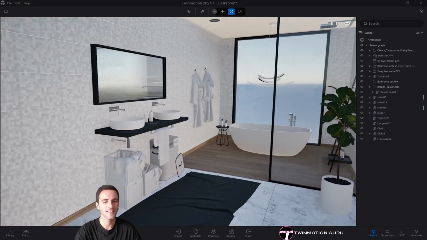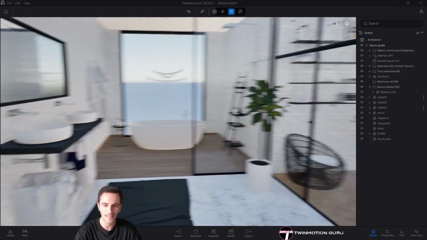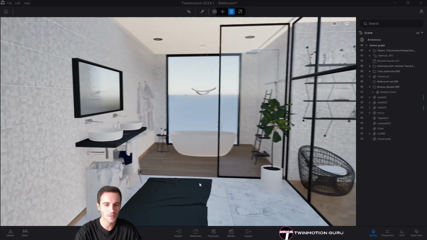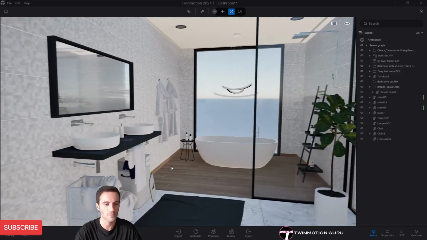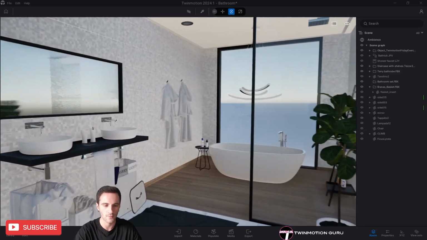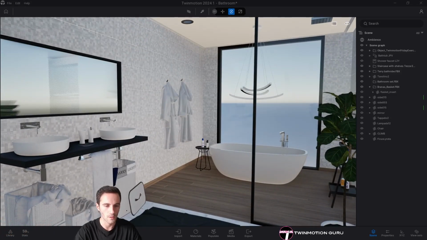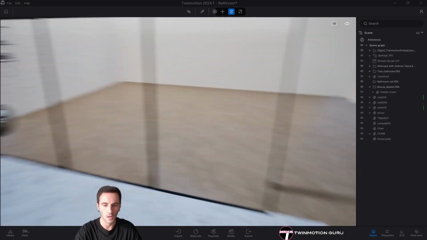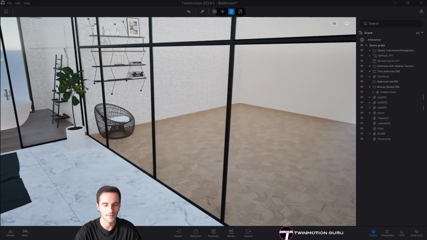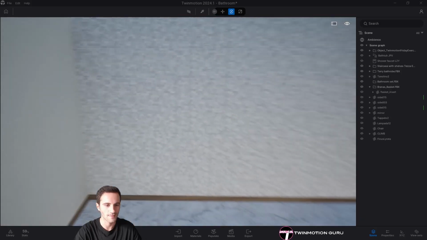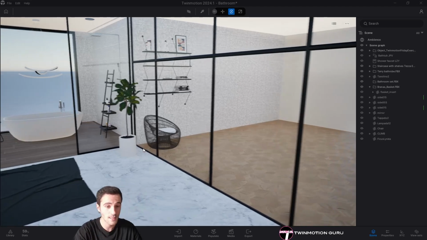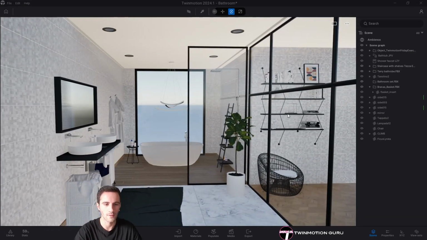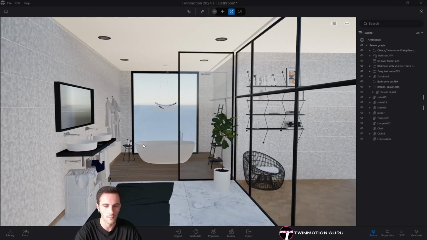Hi there. Today, another Twinmotion trade exercise, and today it's a 3D model of a bathroom shared by the Twinmotion team, of course. You will find in the description the link to the download option. And as you can see, I have not created a lot of assets here, not put a lot of 3D models inside the scene, only because I'm rendering, of course, the center scene here with the window, with the bathtub,